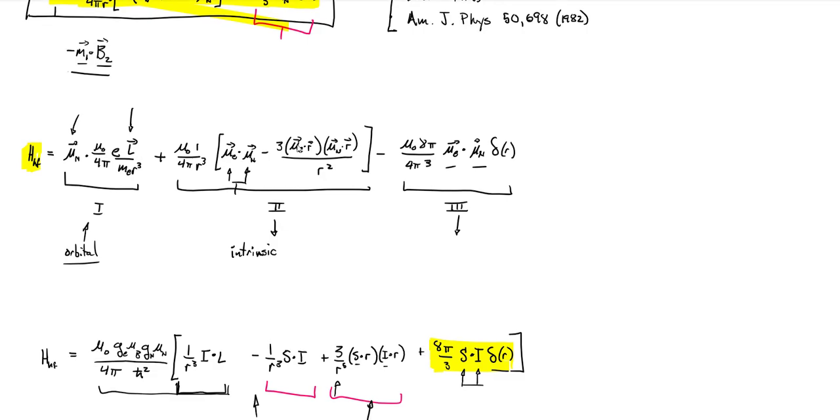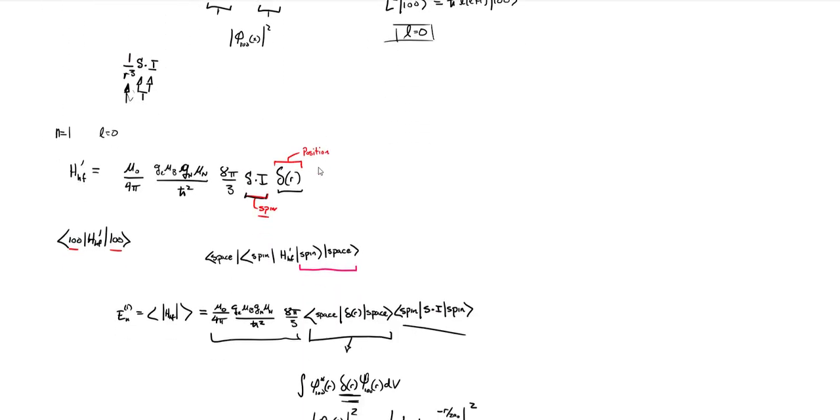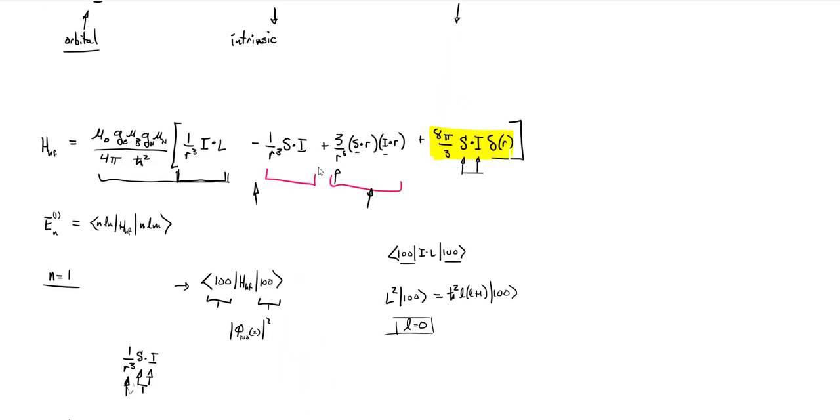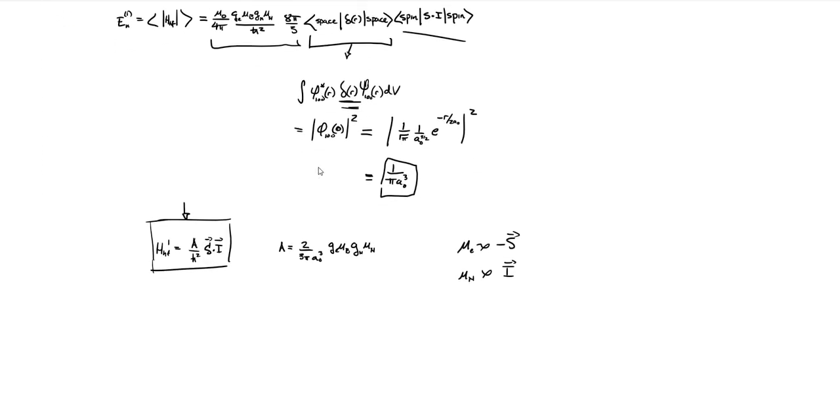If we're looking at the n equals 1 states, or really any L equals 0 state, a lot of the terms in that Hamiltonian go away, and we're left with just the contact hyperfine term here. That can be simplified once you take care of the space or position part of that Hamiltonian into this perturbation Hamiltonian, which we are going to attack and sort out in the next few videos, after we look at angular momentum and how to deal with that.